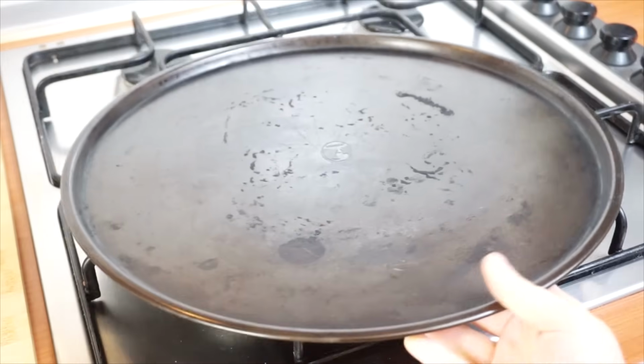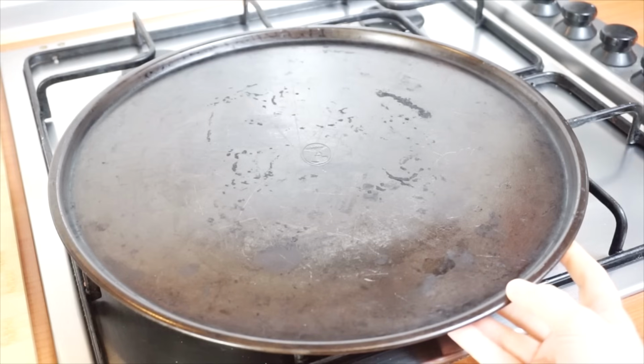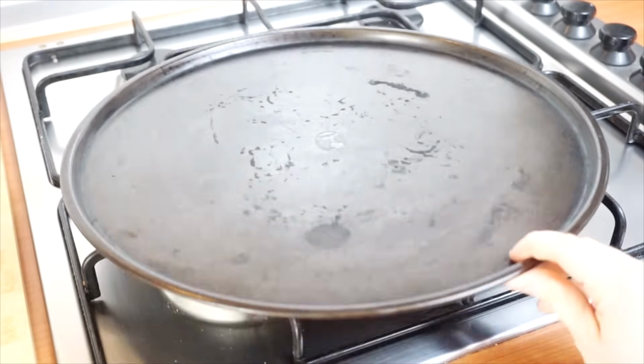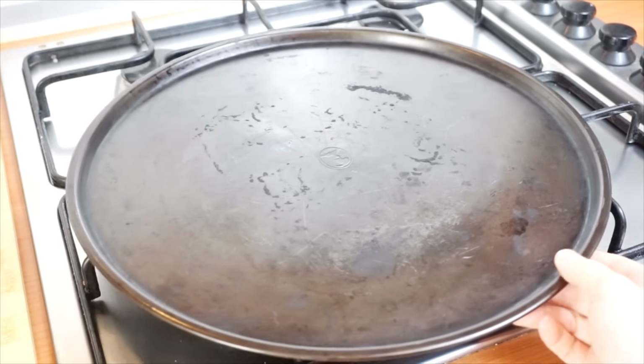Okay, so fast forward to the day after. I do not have a pizza stone, guys. If you have a pizza stone, wonderful, use that. But if you don't, I'm going to show you how easy it is to make your pizza using a baking sheet or a cast iron skillet, even better. You're just going to